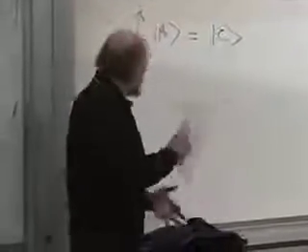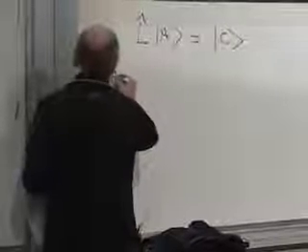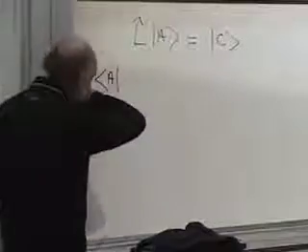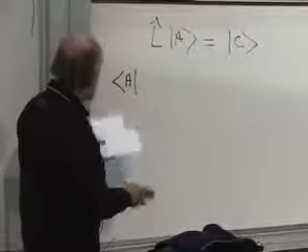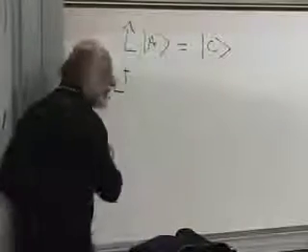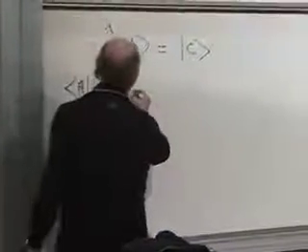There's a corresponding mapping which maps bra vectors. If L maps A to C, ket vectors, then there's some object, which I'm going to call L dagger, or the Hermitian conjugate of L, which acts the same way